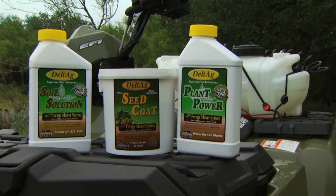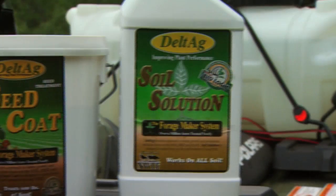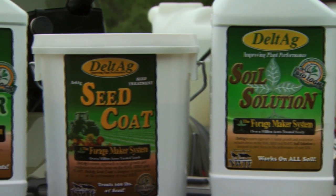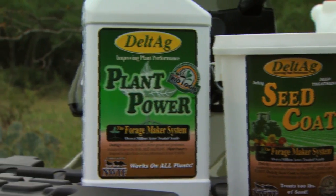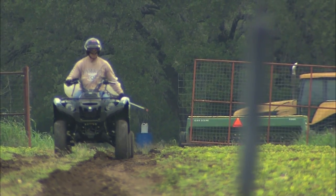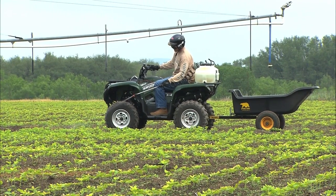In the food plot industry, and this goes hand in hand with the garden industry, we work not only with food plots, with commercial growers, we work with golf courses, we work with a lot of different people, and we have what we call three primary products that are designed, and by design, treat the soil, treat the seed, and treat the plant. Those products are Delt Ag Soil Solution for the soil, Seed Coat, which is a dry powder you put on seed, and Plant Power, which is a foliar that's added to water and it's sprayed out over the top of the growing crop, so that we are in essence trying to treat the soil, treat the